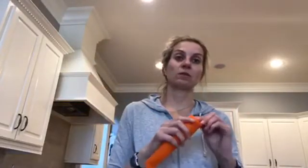Anyways, and then you just put it in your freezer, and you keep them in the freezer. And like I said, they're dishwasher safe, BPA free. They're really good for the environment and all of that stuff. And then I thought about it after I used these for a season or two. You could also, I think I'm going to try this summer,